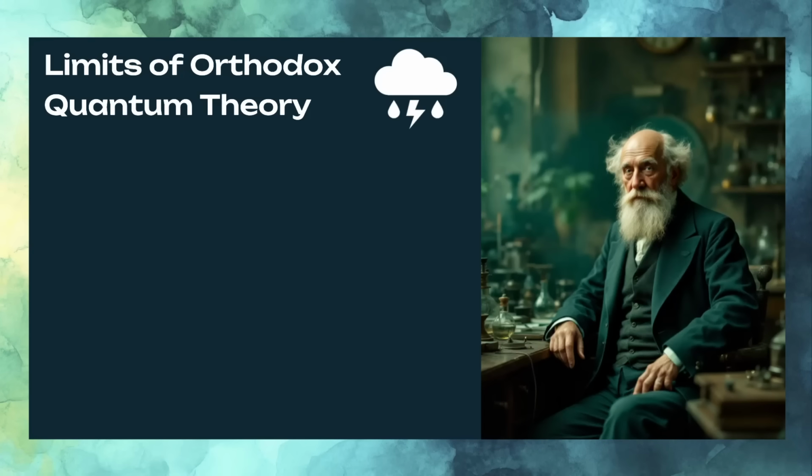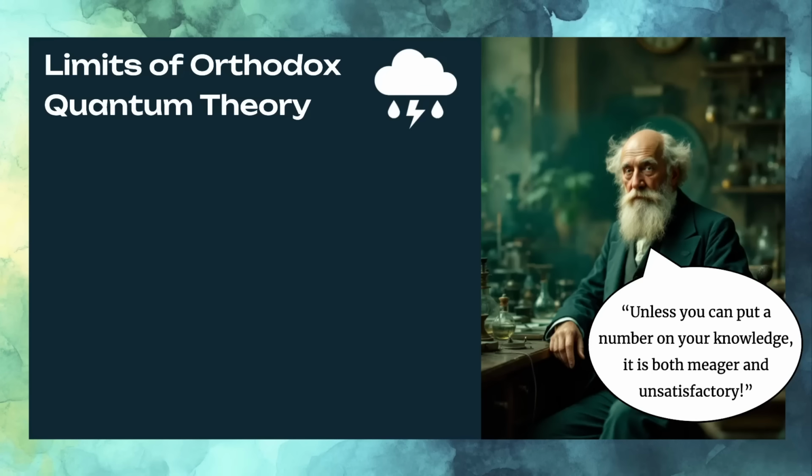Well, if Lord Kelvin was around today, I think he would have similar concerns. He might even propose a third cloud hanging over the horizon of physics today. Now, Kelvin was adamant in his view, echoed by quantum theory, that unless you can put a number on your knowledge, then your knowledge is of a meager and unsatisfactory kind. This is kind of a preliminary to Heisenberg's idea that all physical quantities must be observable. And if we can make measurements, we can express those measurements in numbers. So in many ways, Heisenberg's theory was a direct consequence of an idea that Kelvin had proposed the previous century.